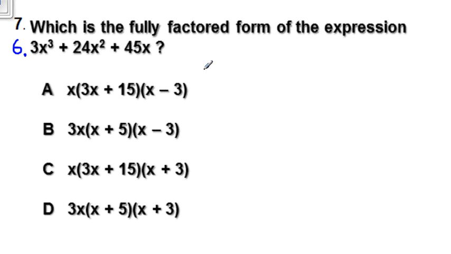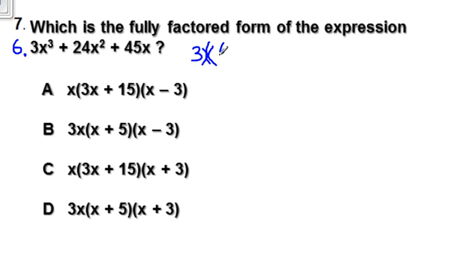Number 7, which is the fully factored form of the expression 3x cubed plus 24x squared plus 45x? Well, we use our different types of techniques, and what we do is we try to find the greatest common factor. Well, we know 3 is the greatest common factor of the numbers because 3 is divisible by 3, 24 is divisible by 3, and so is 45. But we have x cubed, x squared, and x, which have a common factor of x. So we can factor out 3x from this expression, and we have remaining,